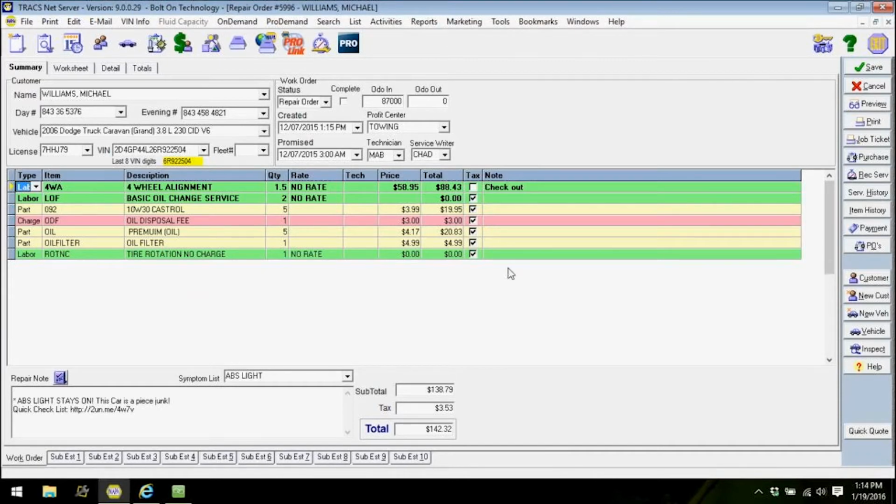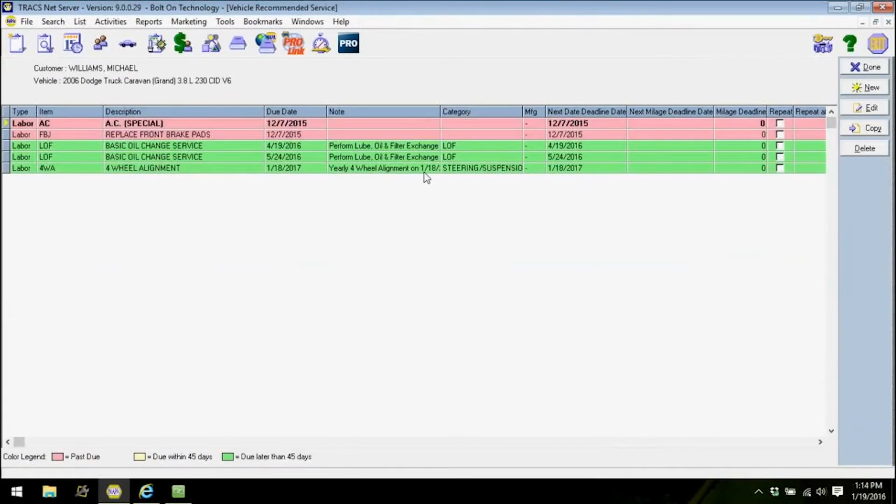So we saw that customer was next due on April 19th. When I go into my recommended services folder and I take a peek right there, as you can see, this customer now has a recommendation for that next oil change on April 19th. This is a best practice in this industry. These are things we should be doing with all of our maintenance services. We should be scheduling the next service, whether it's an air filter, cabin air filter, a 30, 60, 90K service. But because these things are manual processes, we don't do them, right? We get busy. But by clicking that print button, as you can see here,